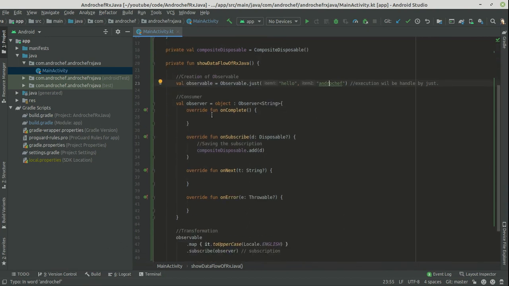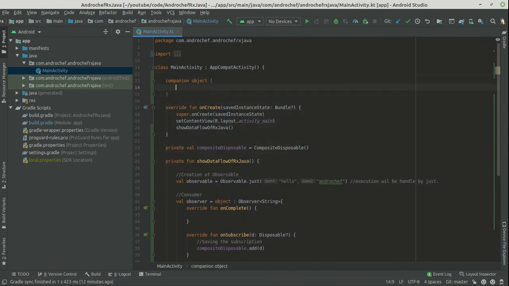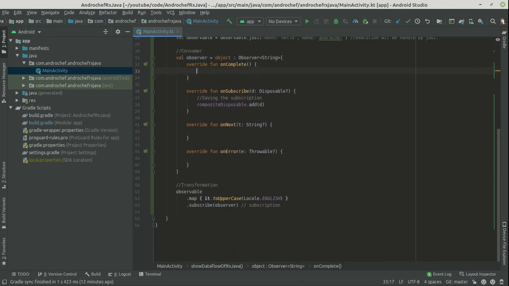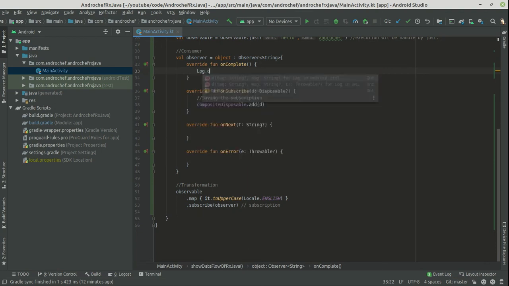So I will add the logs. First I will add one tag. That will be our main activity tag. Now we will log this, which will be on complete, and our tag will be main activity.